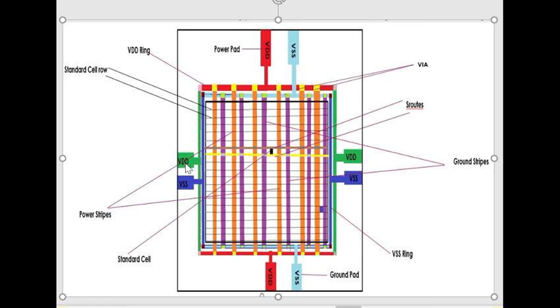Now these power pads are distributing the power to these rings. These are power and ground rings which are outside the core and getting power from these power pads. As you can see, this red and green ring depicts the VDD ring, whereas this light blue and dark blue ring depicts the VSS ring. Now this ring is giving power to these power stripes. As you can see, this VDD ring is distributing power to these stripes,